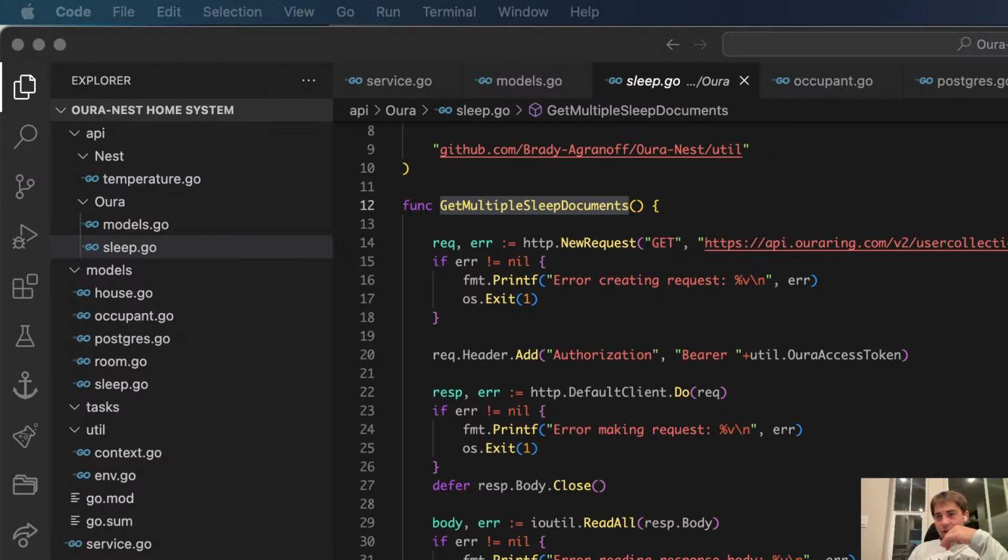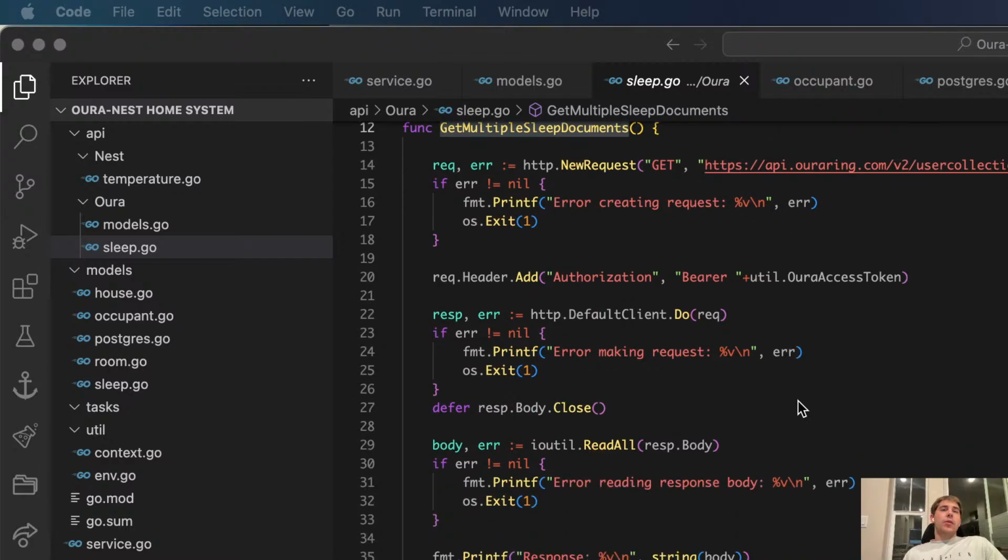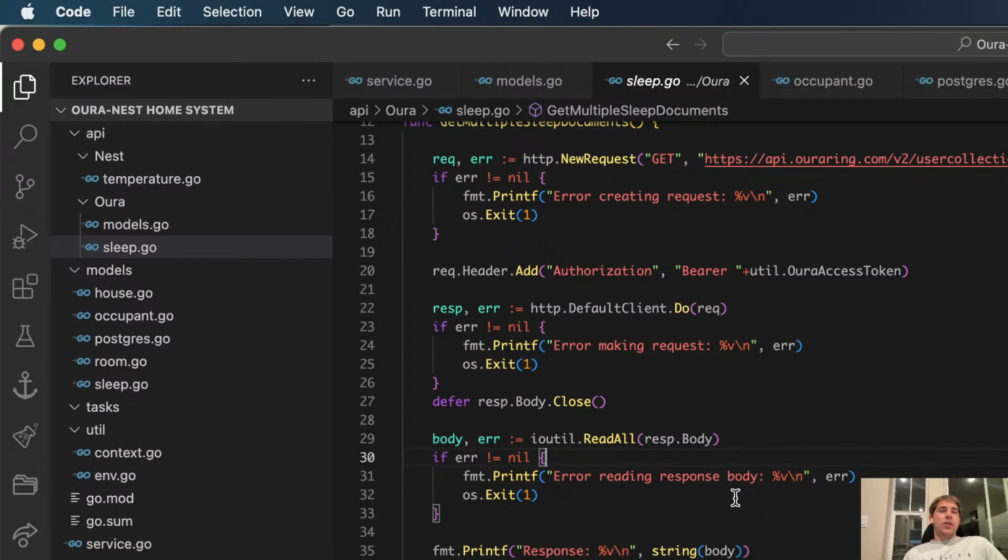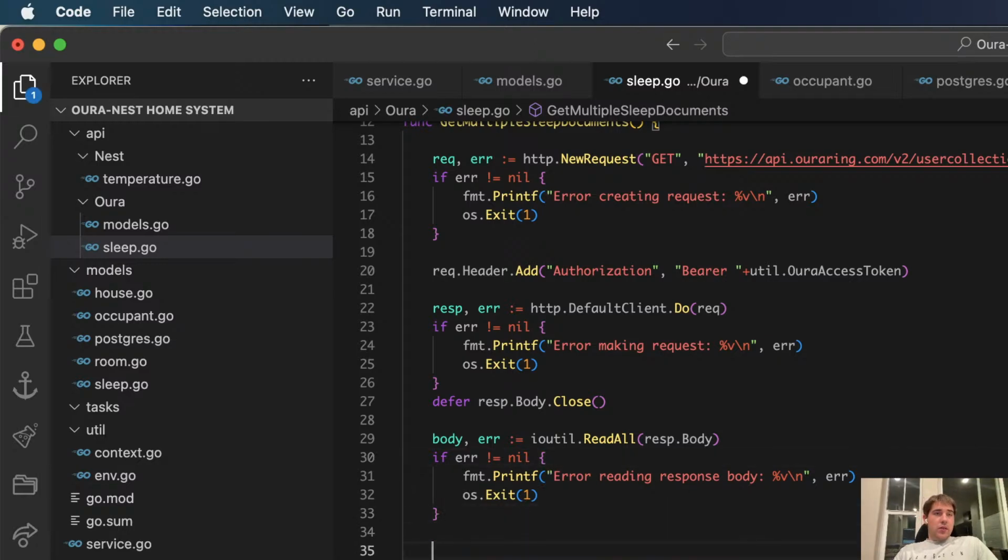Let's see. Nice. Okay, I'm connected. Cool. I'm getting really tired. My brain's not working. Let's see what ChatGPT does, because I want it to marshal into an array of sleep documents.